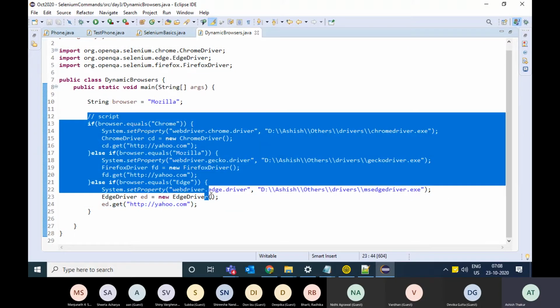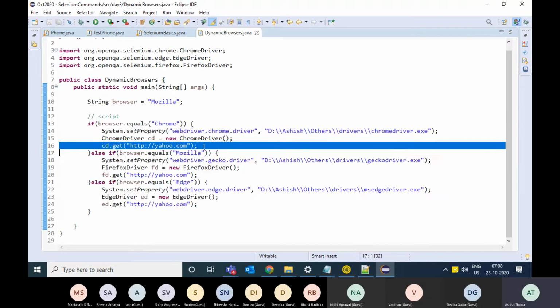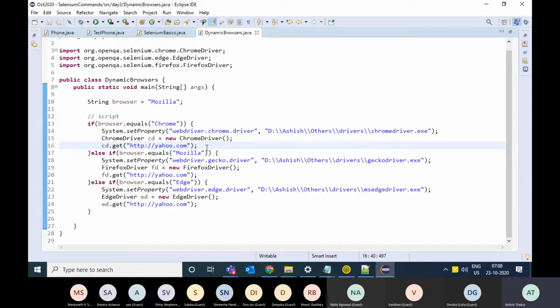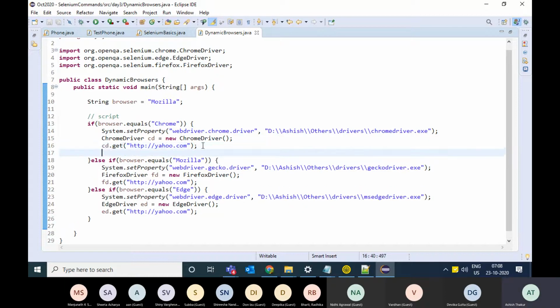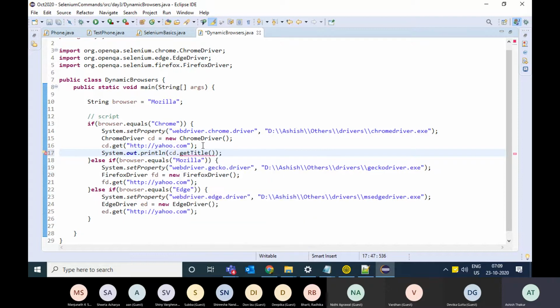But is this the right way? Suppose after going to yahoo.com, I have to print the title of the page. Generally the command to print the title is chromeDriver.getTitle. This command will give you the title of the web page.